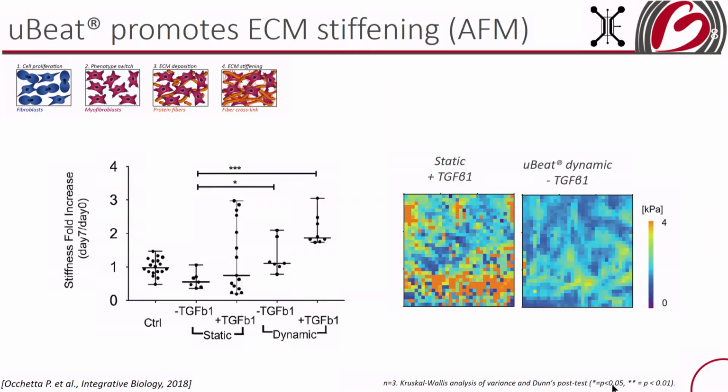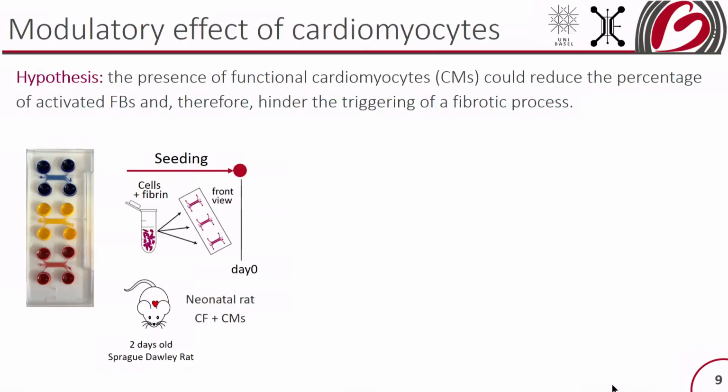And this results in the end also in a stiffening of the matrix that we could analyze by atomic force microscope, and in a deposition of a more uniform matrix in the presence of mechanical stimulation. So now, to complicate the model a bit, we also asked ourselves what happens if we introduce